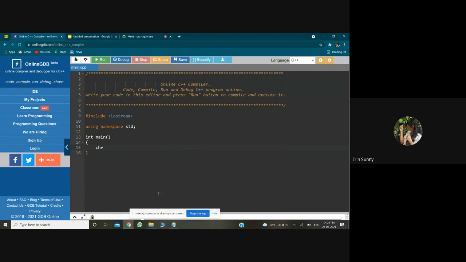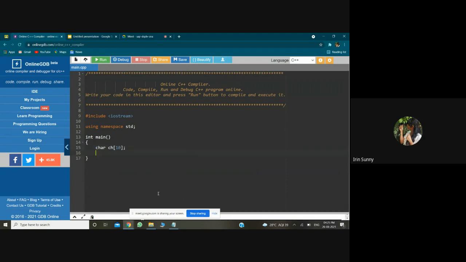Char is the data type we use, and though it's written char, we read it as character. Char ch, and we have to write the array brackets. If we are declaring it without initializing a value, then we have to put a size.